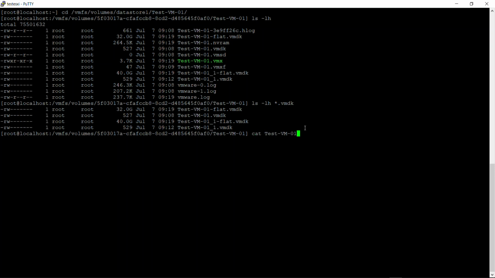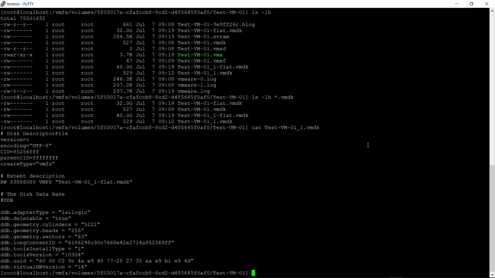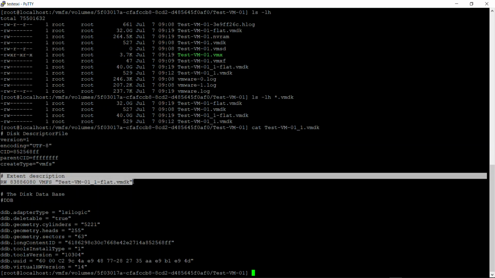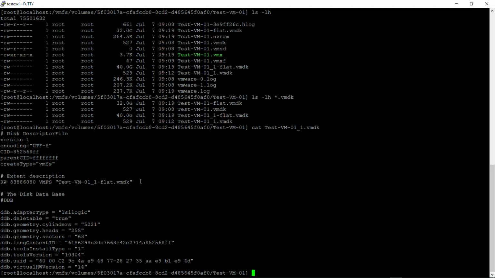Get test_1.vmdk. This is the file where we need to make the change for the D drive. So here are some configurations inside it, and the extent description is the section where we need to make the changes. First we should know about this information.